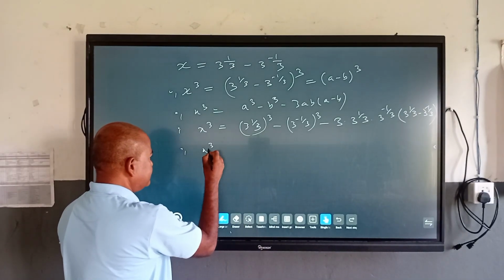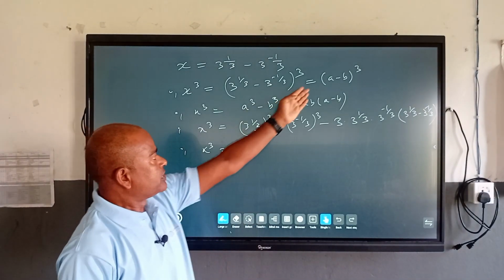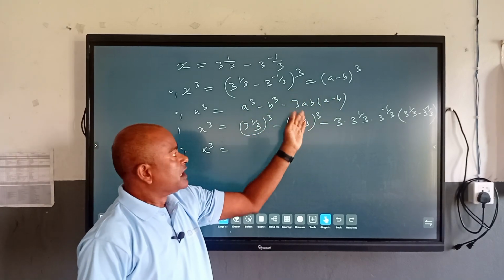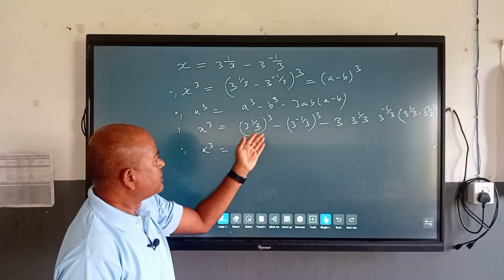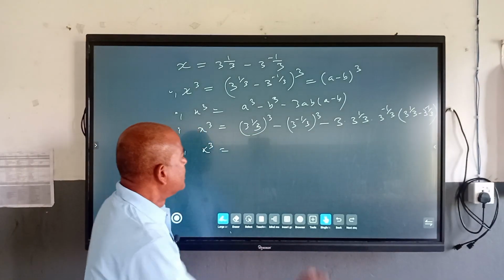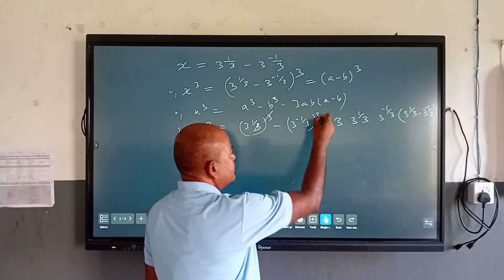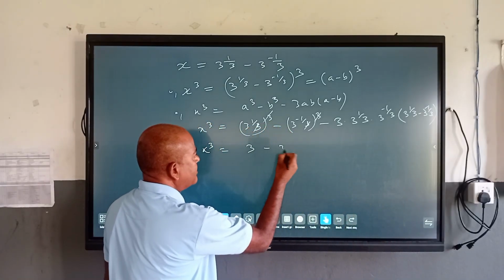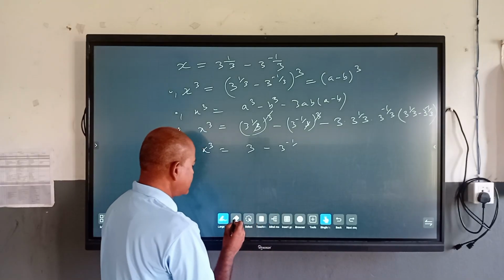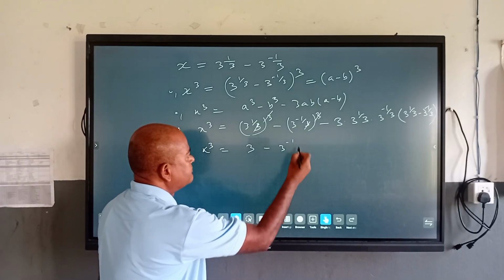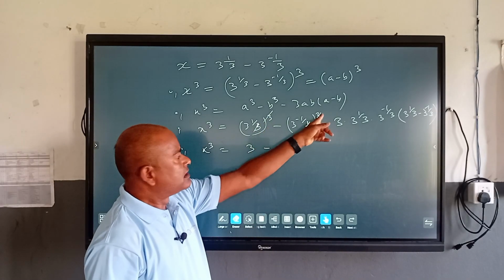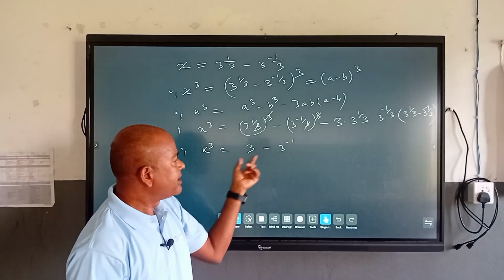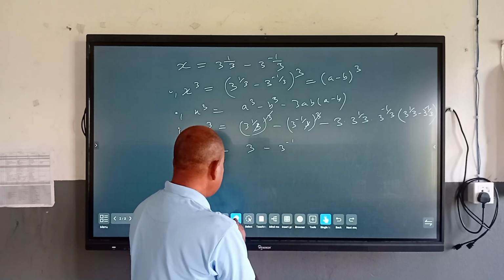So dear students, by putting the value of a as 3 power 1 by 3 and the value of b as 3 power minus 1 by 3 in the formula of a minus b whole cube, we have got this expression. Now 3 and 3 we can cancel. Now we have got 3 minus 3 power minus 1. So dear students, after cancelling the power, we have got 3 power 1, that means 3 power minus 1. So the remaining terms are 3 minus 3 power minus 1 and